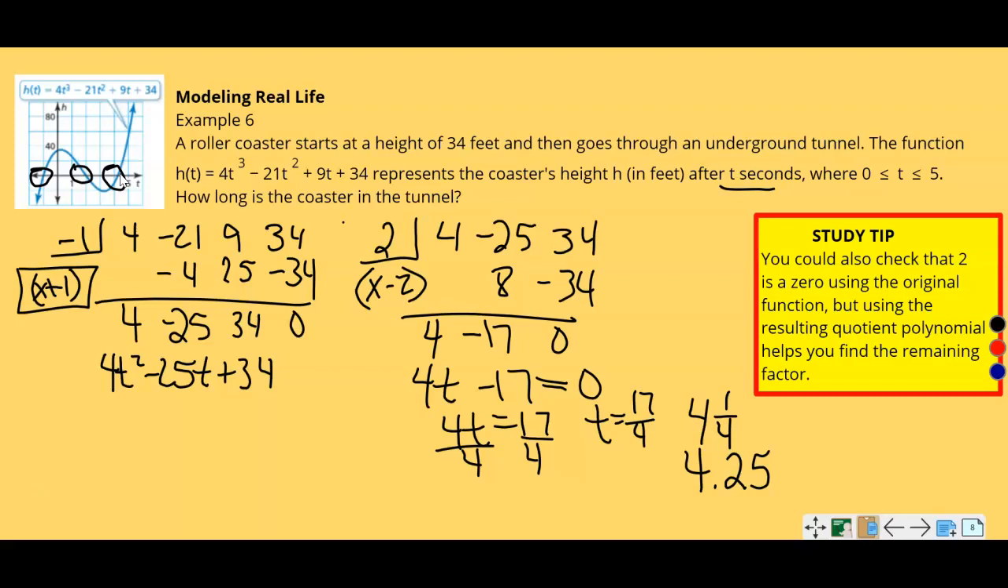So that means the graph is underground from 2 to 4.25. So the roller coaster is underground about 2.25 seconds. So it says, how long is the coaster in the tunnel? The roller coaster is in the tunnel or underground for 2.25 seconds, from 2 to where it comes back up at 4.25. It doesn't ask you for the factors, but if it wanted all the factors, it would be x